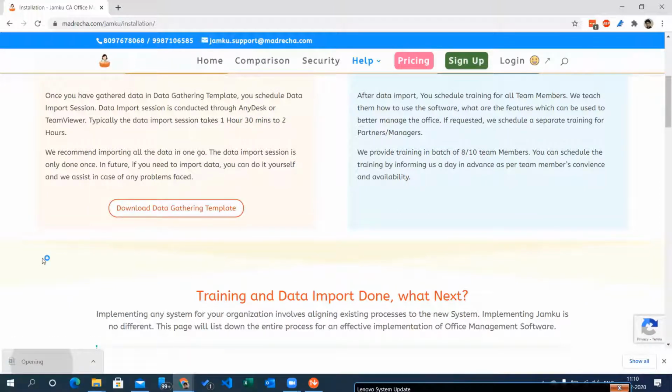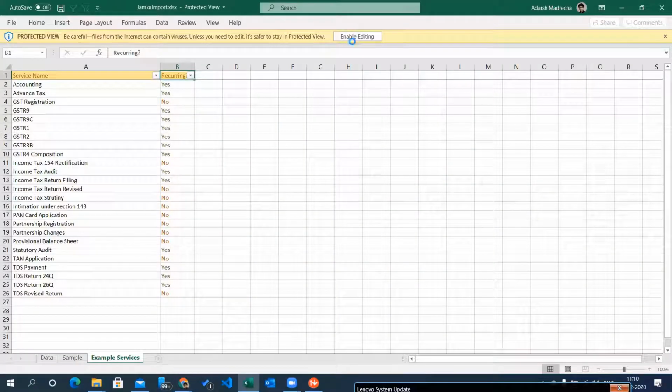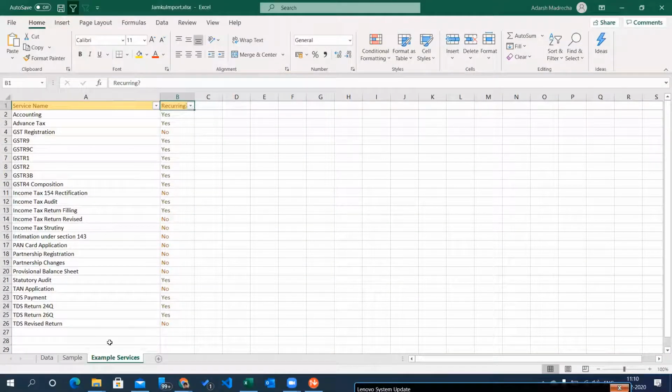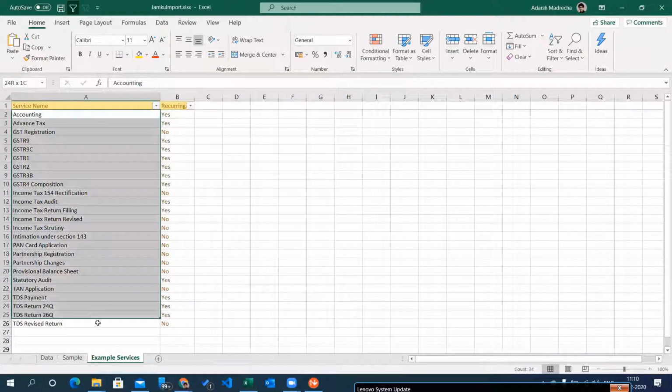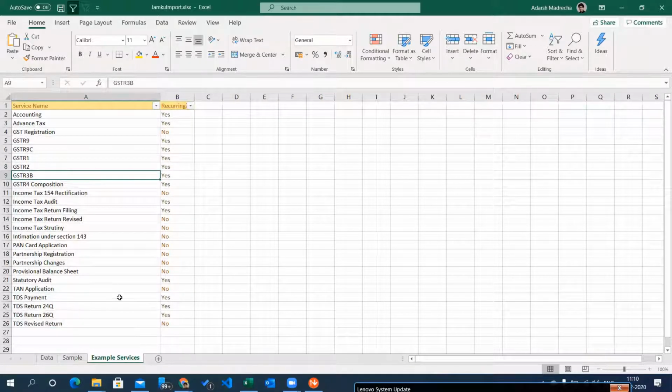So let us open this Excel file to understand what it contains. At the last sheet here, what we have is the example services. So this just gives an idea on how you would be creating your services. Of course, we will be covering each and every concept in detail in today's session.